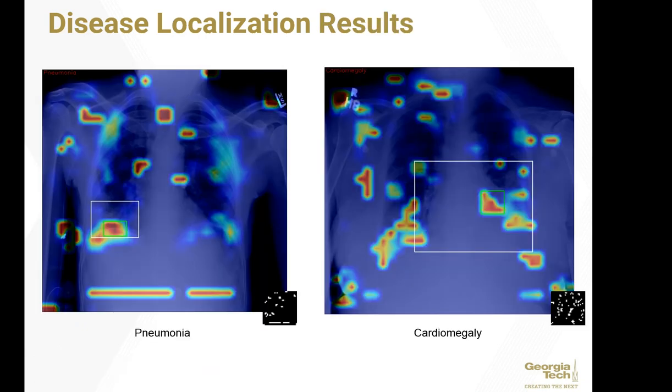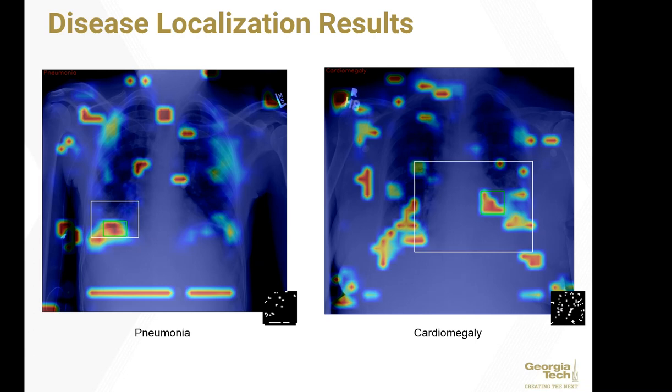Here are two example heat maps which successfully localize the pathology. The white box is the ground truth box, and the green box is our network's prediction. We can see that the network localizes multiple areas in the image, and this is because of the weighted sum of each individual prediction target. If the network correctly predicts the true label, then the weight for that output will be significant and will create higher intensity